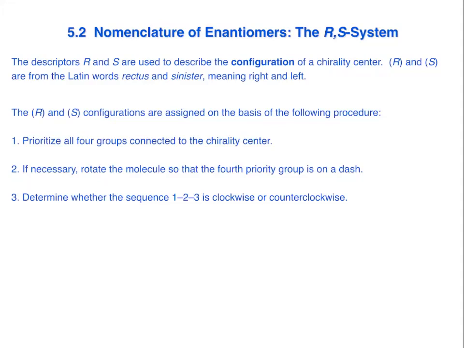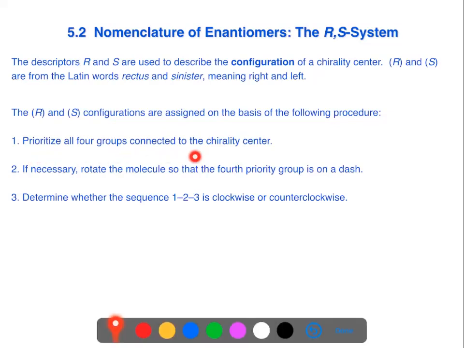And so the descriptors that we use are the uppercase letters R and S. They're derived from the Latin words for right and left, which are rectus and sinister. And so the R and S configurations are what we use to describe the arrangement of the atoms around a particular chirality center. And the system is as shown, that we first need to prioritize the groups connected to the